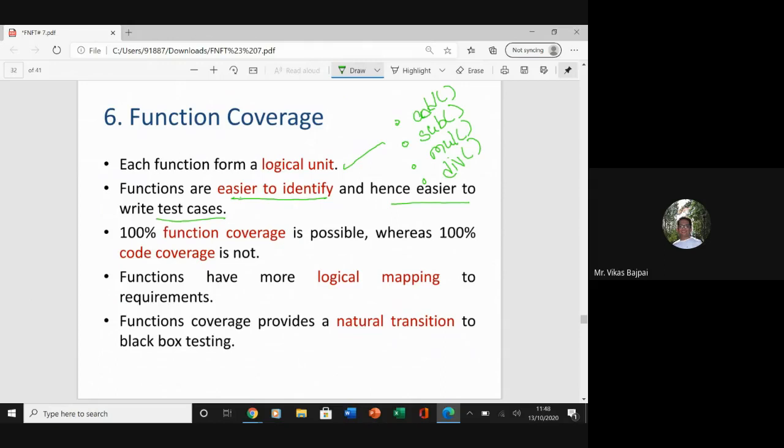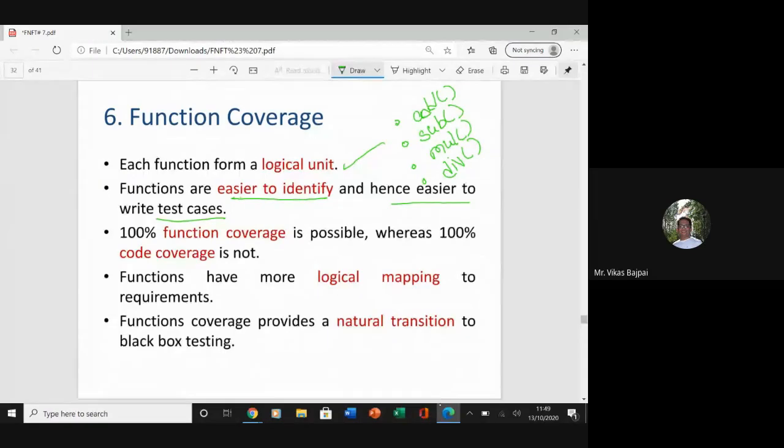In 1 lakh lines of code, I may only have 1,000 or maybe 500 or maybe 200 functions, or even less than that. In that case, checking the function, identifying the function is easier. I'll be able to identify the functions easily because they have names.